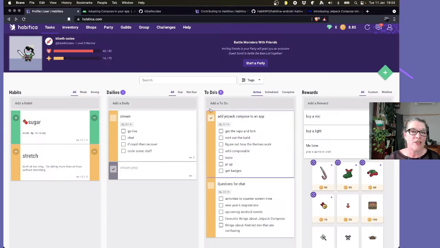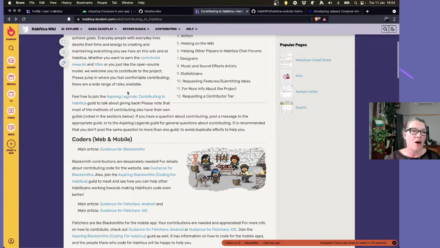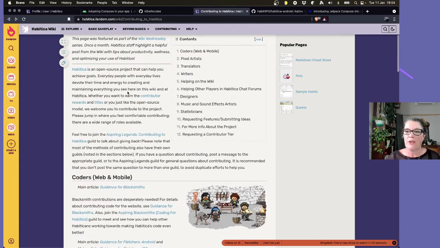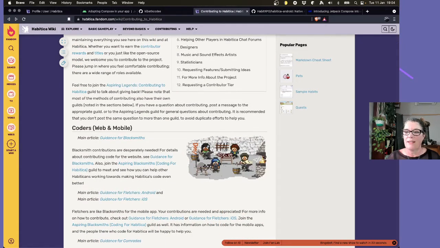Now the other thing that's interesting about this app is that there is an Android app, which is where I'm going to be adding Compose, and it's also an open source project, which helps because it means that I can add to the code base. So here is the wiki page on how you can